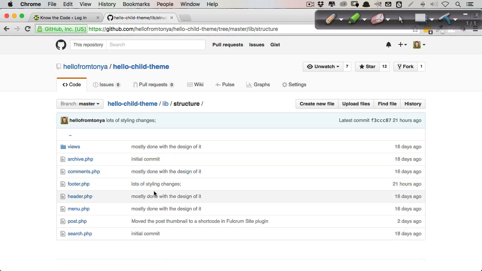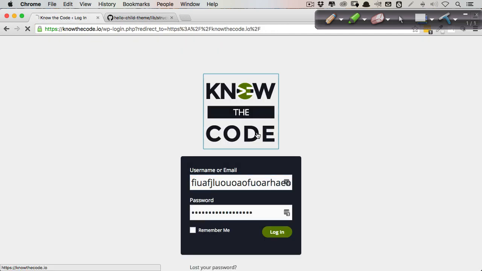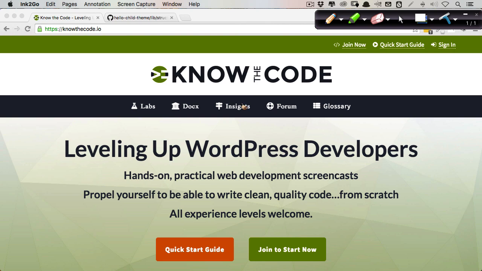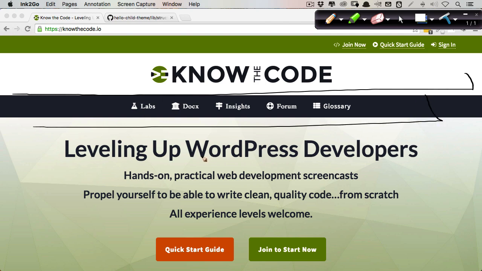Now let's just open this up for structure. All right, so we've got search, post, menu, header, footer. In a website, these are the different parts of the website. So I'm going to come back over here and load this up. On a website, I would have a header area. That would be this up here. It could even include the navigation potentially, depending upon how you have it laid out. That's that opening part of your website. It's the header. Okay, and then I have content,